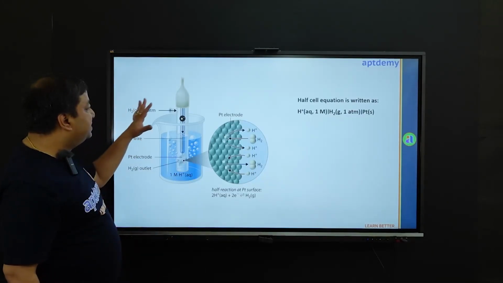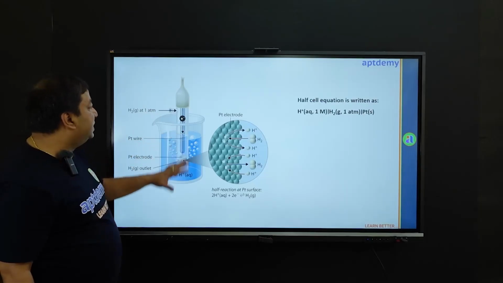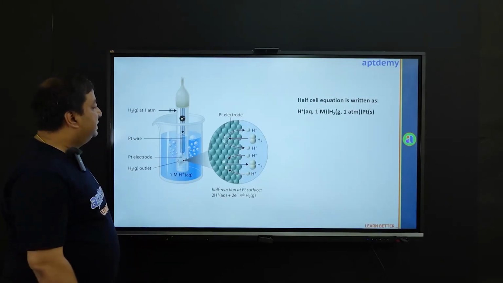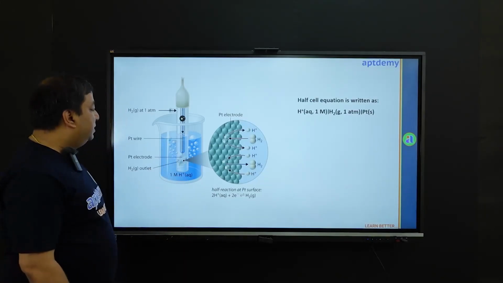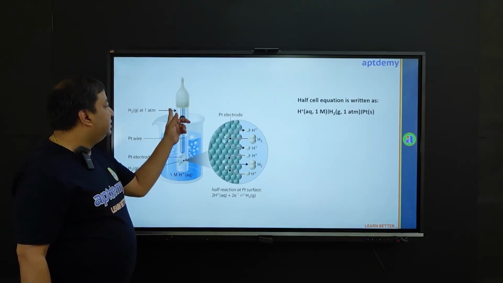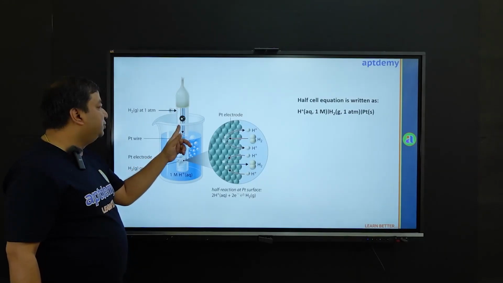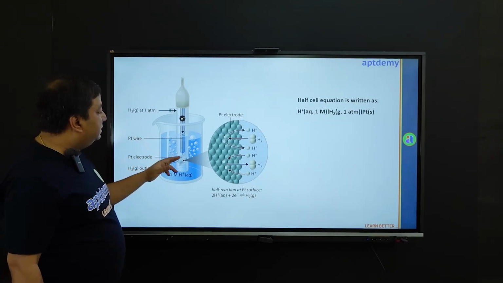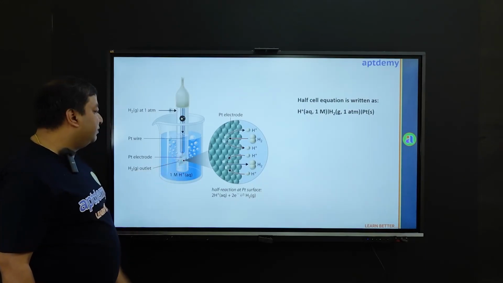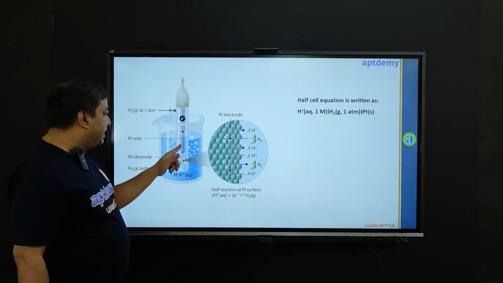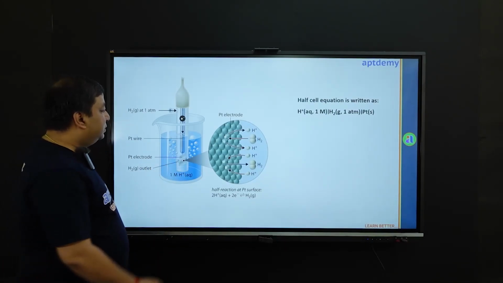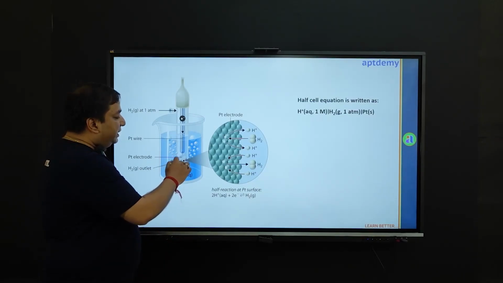Here we have a nice picture showing the standard hydrogen electrode, and as you can see, these are concentric tubes. This is the beaker containing 1 molar H plus ion concentration, and the gas is driven through this pinhole over here, which enters the tube. Then through this fine orifice, we can see it is coming in contact with the platinum black, and that is the platinum wire. Now there is an outlet for the gas to be released. So proton and H2 are now in contact with the